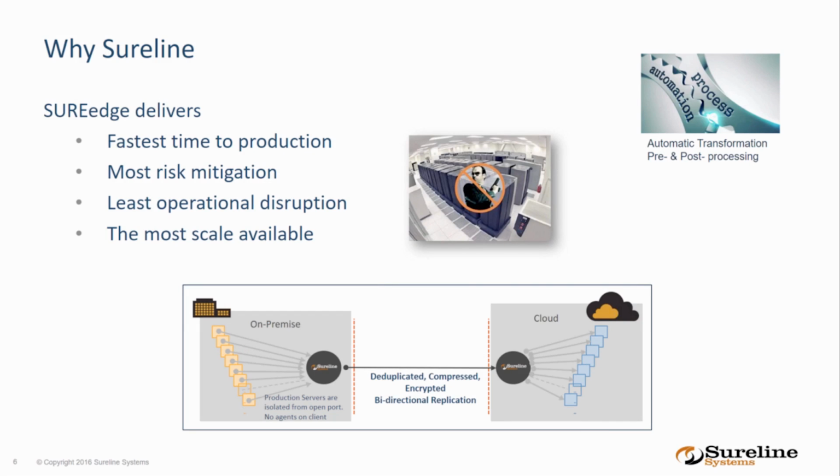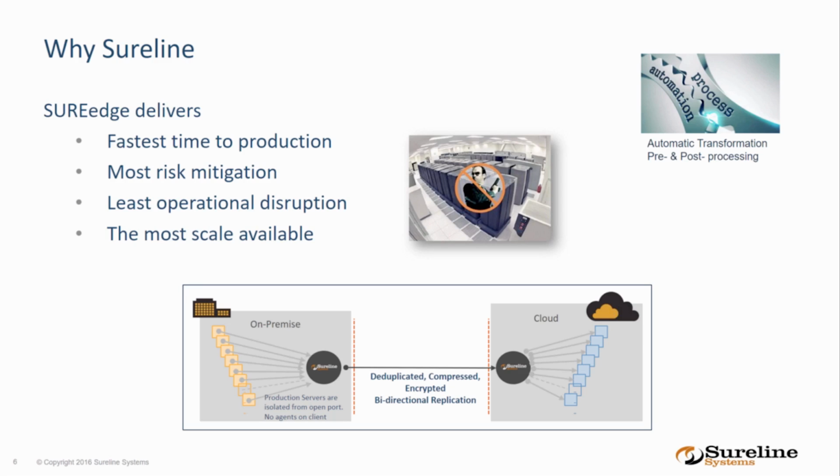One of them, and you heard it earlier, is that we dedupe, we compress, and from a security point of view, we also encrypt the data between the two locations. We do bidirectional replication so that, if I need to come back, I can come back and get up and running quickly. If I have things running at both sites, I can use them back and forth. We only create a single connection between your on-premises and your cloud. We have very little operational disruption. You don't install agents on every one of your systems, so that makes it easier to manage, easier to upgrade, and with the automation, it makes it a very scalable solution.